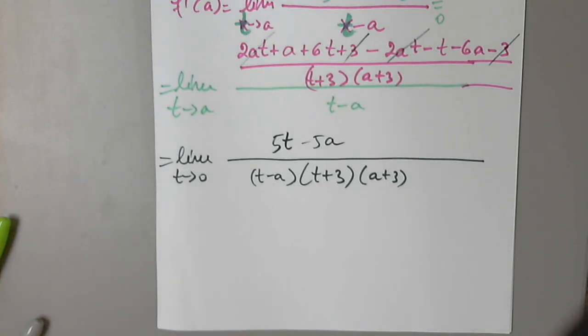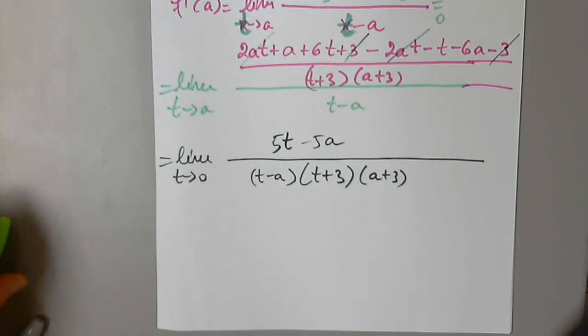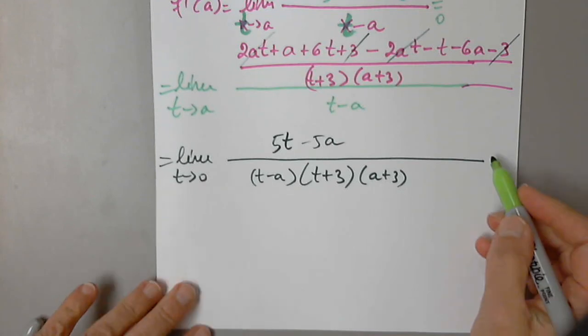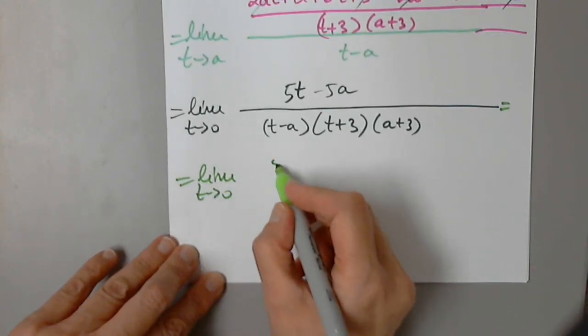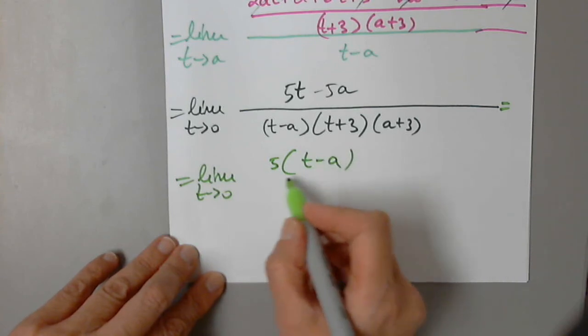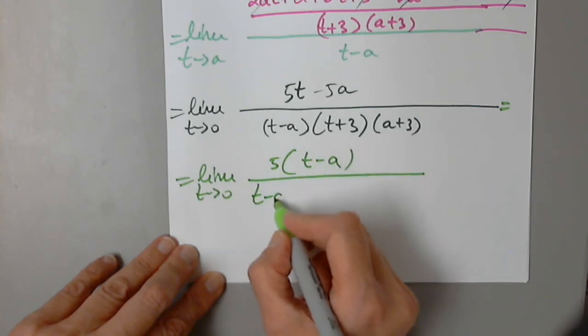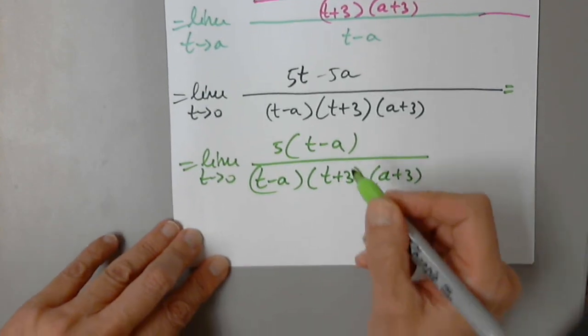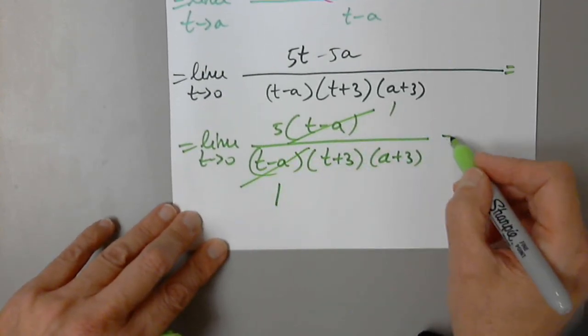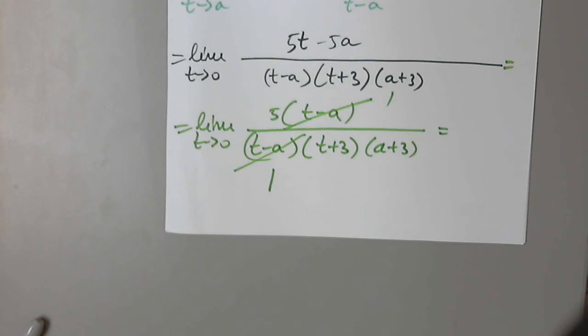The remaining terms have t minus a in common, because I am waiting for it to go away. It must go away. So from the top, you will factor out t minus a. You get t minus a, t plus 3, a plus 3. Goodbye t minus a, and only now I drop the limit operator, and I see that the final answer is